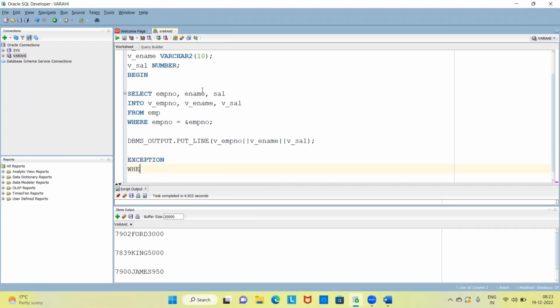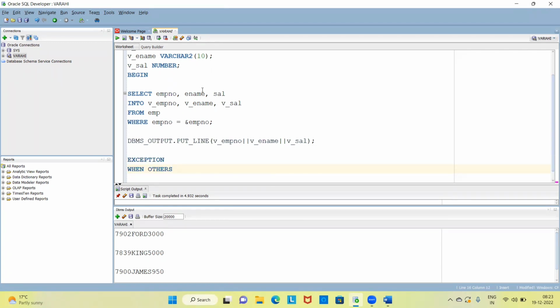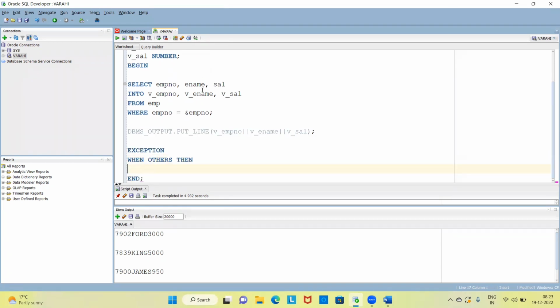Exception. Okay, you can write when no data found, but I just want to write others. Okay, others, so that everything can be handled, because we are not discussing exceptions chapter now. We'll just try to handle the error. Exception when others, then we can do any action here, but I'm just printing a message, dbms_output.put_line,